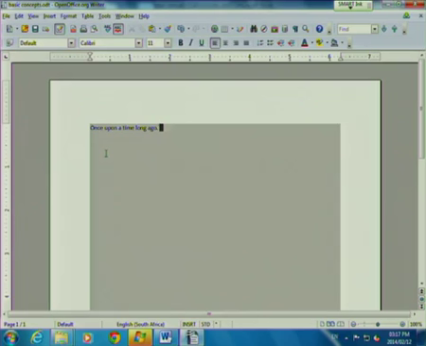That's basically what Word and OpenOffice look like. It's a very good idea to practice and go and familiarize yourself with what the tabs and the ribbons and the groups